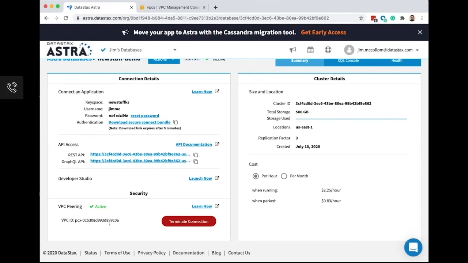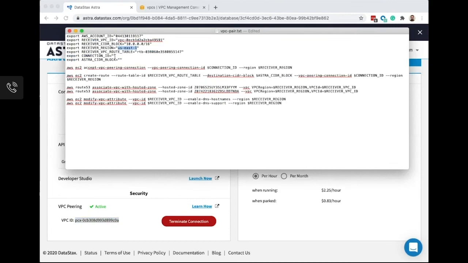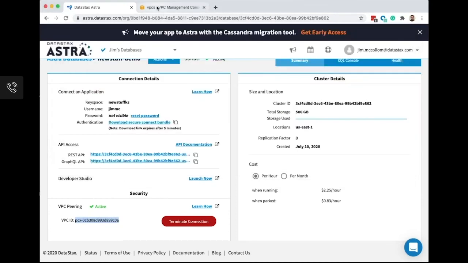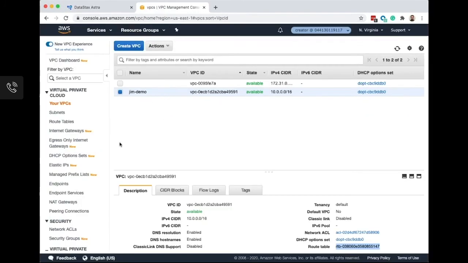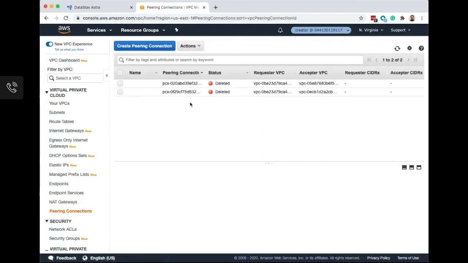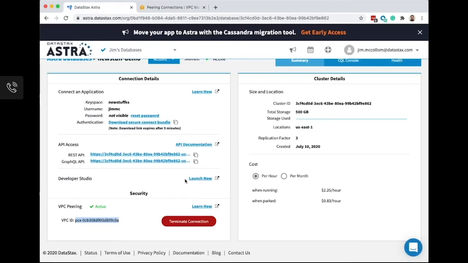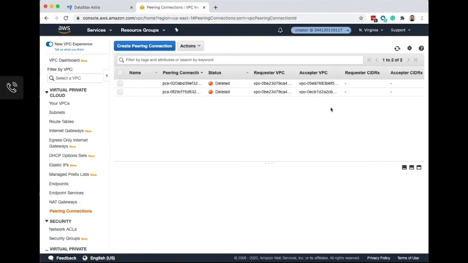So we're going to initiate the peering connection. This sends something back to AWS that says, let's initiate this connection. This is the next piece of our little puzzle here of environment variables. So we're going to put that in. Then we're going to go back here, and we can actually go down to the peering connections. And this usually takes a few seconds for it to show up. So we're going to mash on this button a few times. Make sure that the connection is still there. Yes, it got set up. So let's go back. And there we go. So pending acceptance.